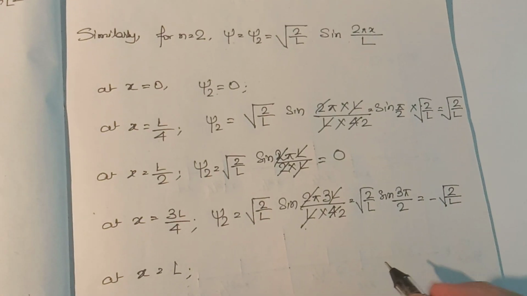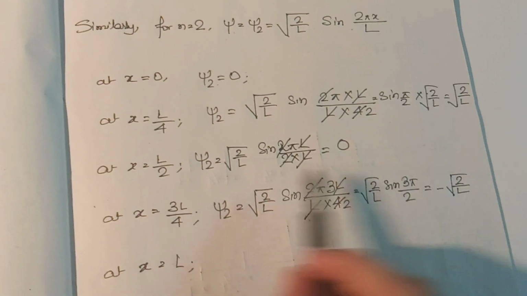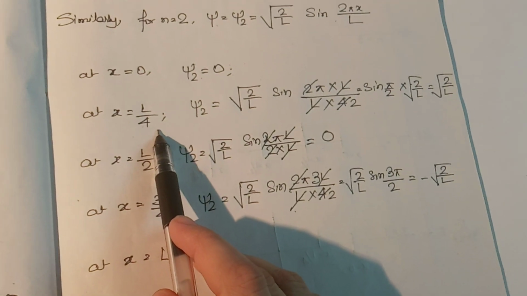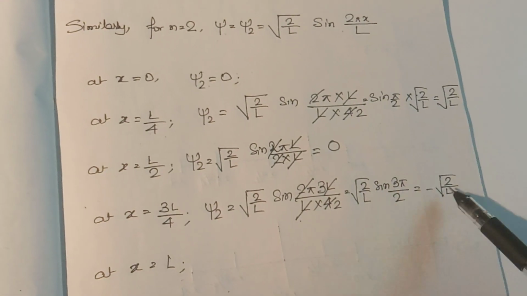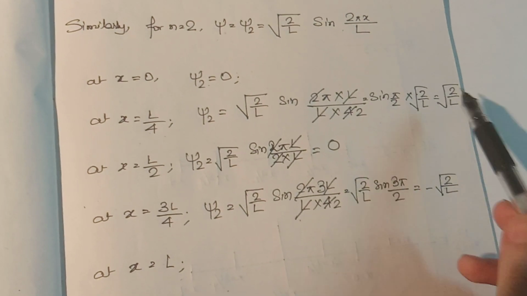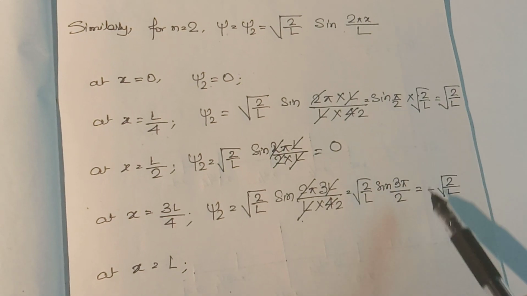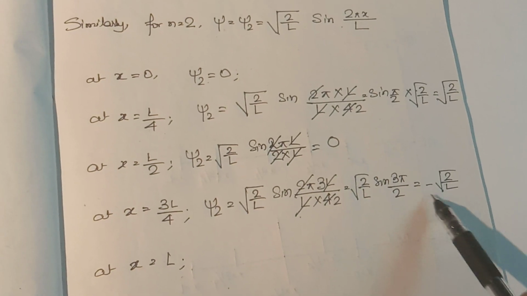This is a repetition of the quantity that we got in L by 4th position. Okay, but there is a difference in quantity and the only difference lies in their sign. Here it was having a positive sign and here it is having a negative sign.